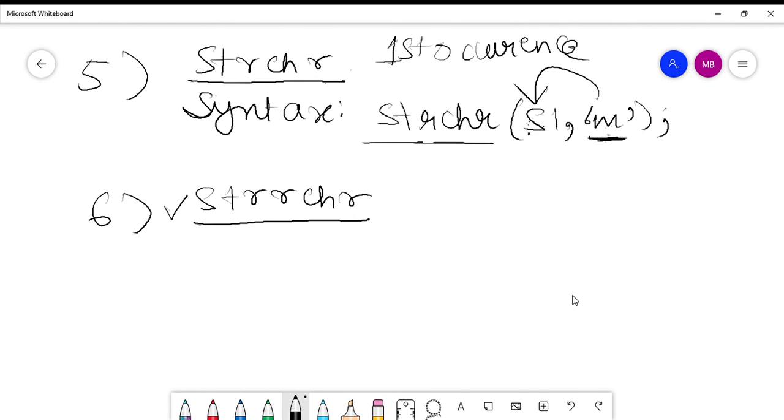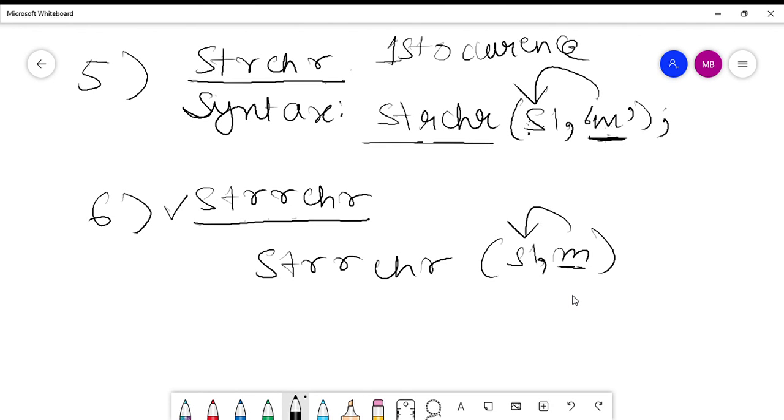Similarly, strrchr is used to find out the last occurrence of a character in the string. So if I say strrchr s1 m, then it will give you the last occurrence of m in string s1. So this is the difference between these two functions. So these were the remaining string functions.